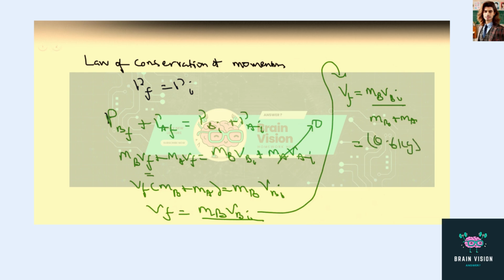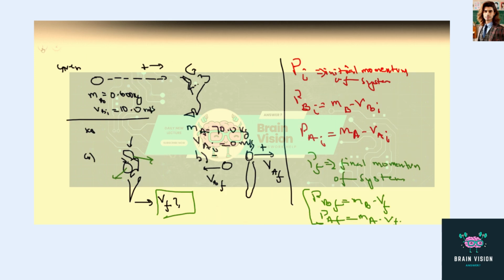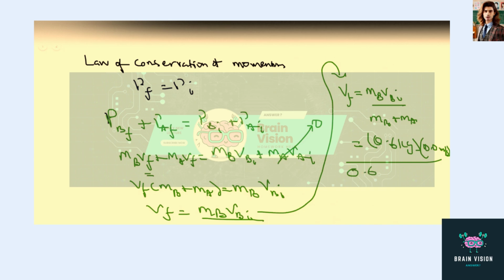That's multiplied by the initial velocity of the ball, which is 10.0 meters per second, and then divided by the mass of the ball, which is 0.6 kilograms, plus your own mass, which is 70.0 kilograms. Always a good habit to leave your problem solving up until the final step, and that just means that we're gonna